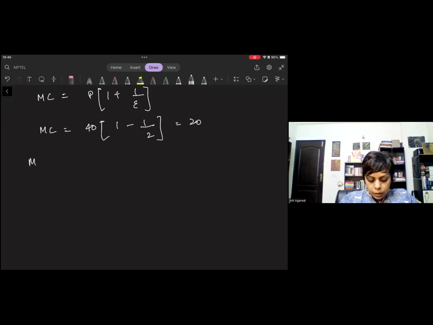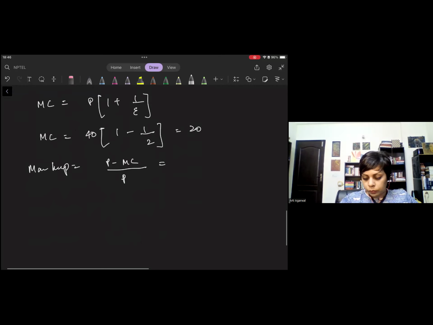Then you're asked the markup. Markup is just... let me see the question again. So the markup is not calculated in terms of the marginal cost. It's calculated in terms of the price. So here the price is given as 40